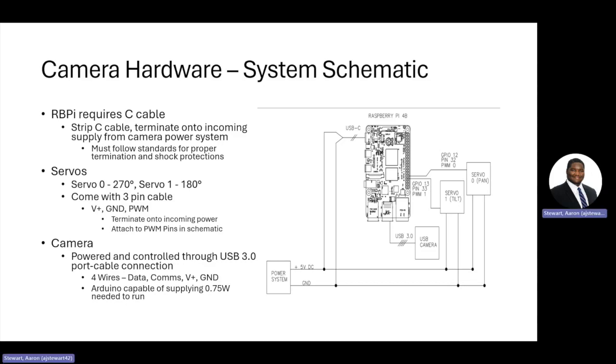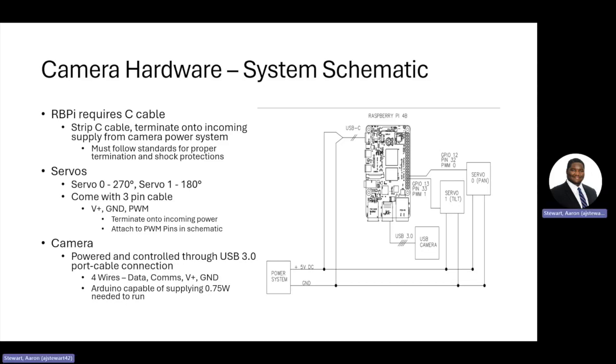So the camera itself is going to be powered and controlled through the USB 3.0 connection. The Raspberry Pi comes with 2 USB 2.0 and 2 USB 3.0 connections. We're going to be using one of the USB 3.0 connections, which is why the cable is a bit off to the right instead of centered. It's depicting that it's going to be on the very bottom